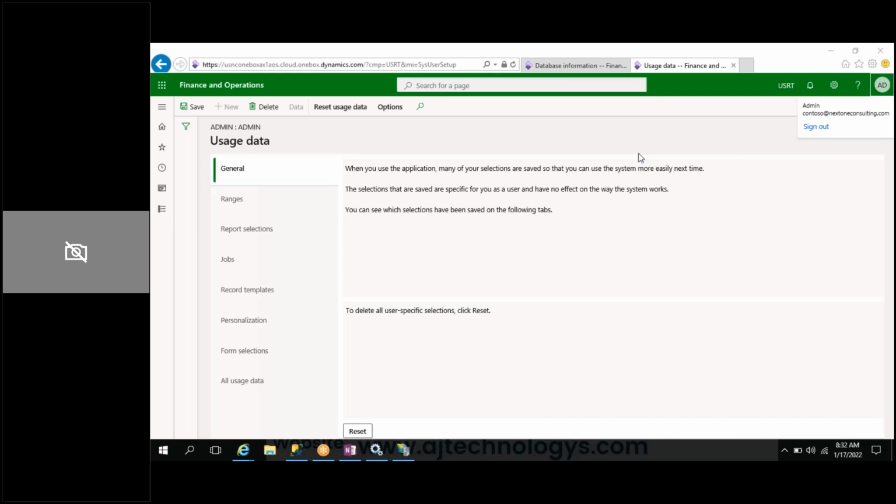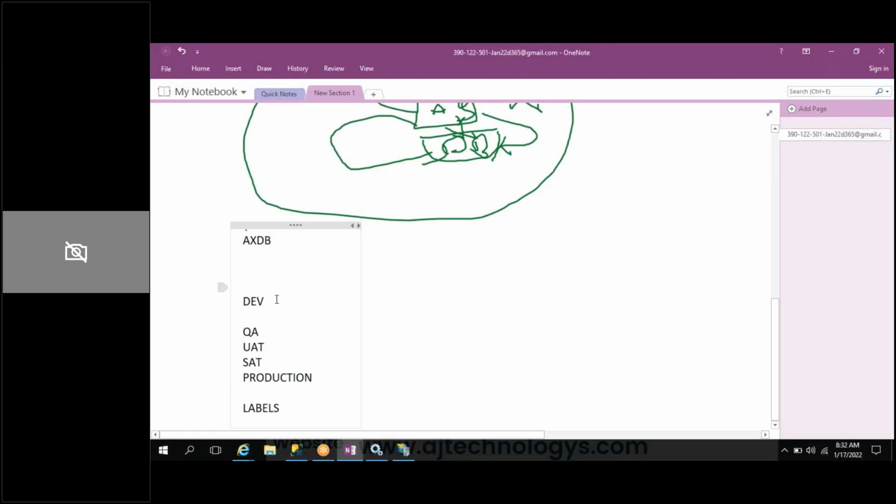One more question. You said something about QA, UAT, SAT, but till now I have seen only QA and UAT. What is the meaning of SAT? System acceptance testing, because these are the environments from the client end. If it is dev, that is development, QA is quality. SAT is just a system acceptance test. Sometimes some clients have the SAT, some clients don't have the SAT because of their financials.